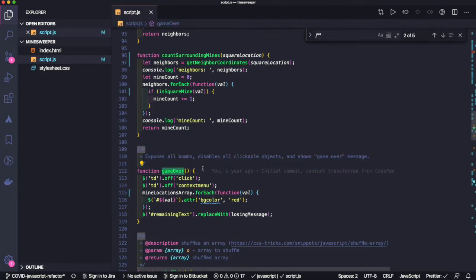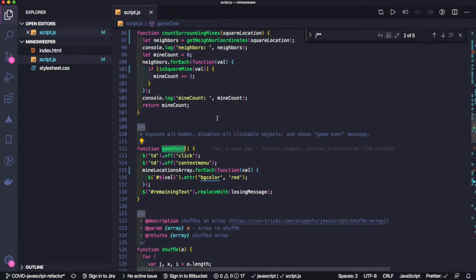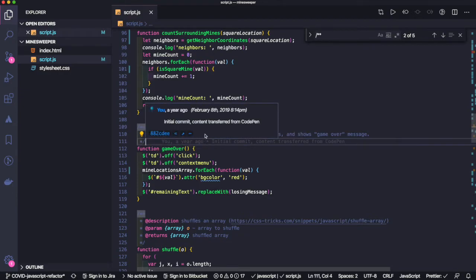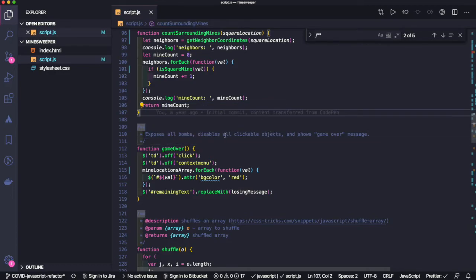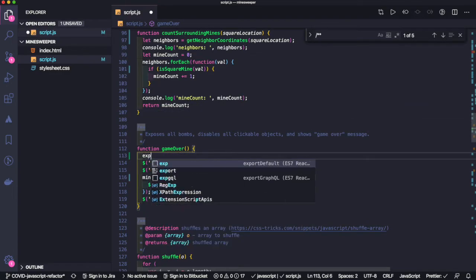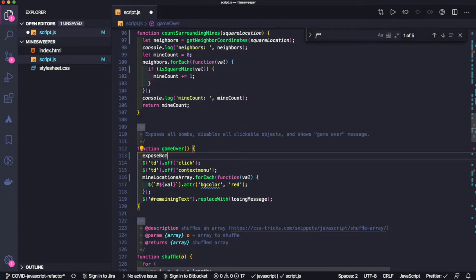What I think we'll do in the future, as I've mentioned in other places, is make better functions to make it clearer. So instead of having to read this description, what you'll see by the time we're done with it in a later video is a function game over, and it's going to call other functions called expose bombs, disable clickable objects, and show game over message. Stop popping up, VS Code. So you'll see that here. First method, expose bombs. Disable clickable, and I can even show you here. So it'll look like expose bombs,